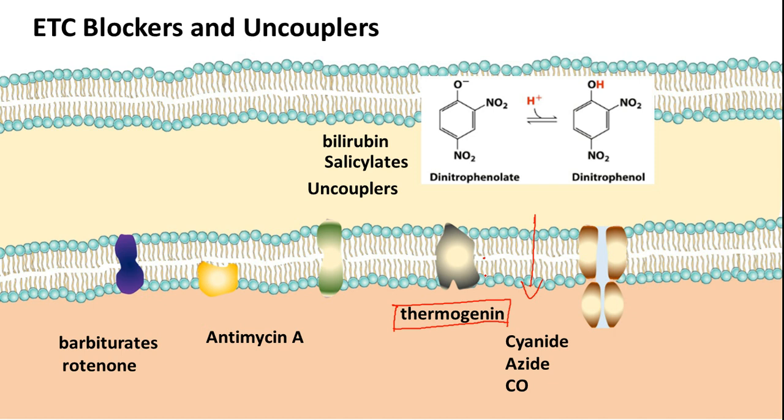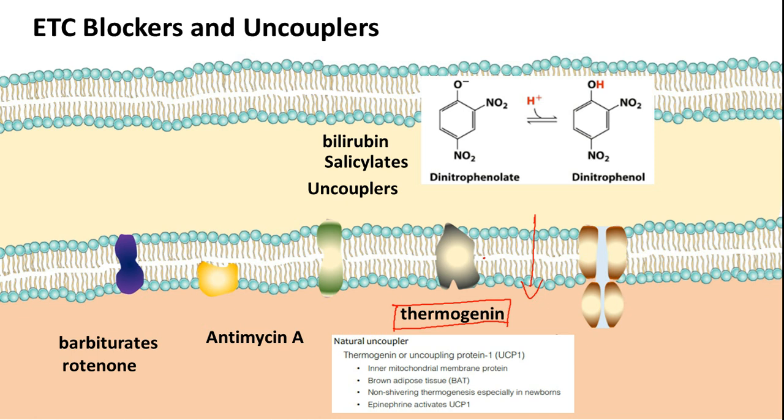Hibernation you can see in polar bears and some more animals, but polar bears are very famous for this. During winter they will consume huge quantities of food, and they will sleep for more than 3 months. During that entire period, because they are not working, they need not produce ATP, but what they need is to maintain their body temperature. So that's the reason why we need to uncouple ATP synthesis from the electron transport chain. This thermogenin is the protein expressed in those animals which tend to hibernate.